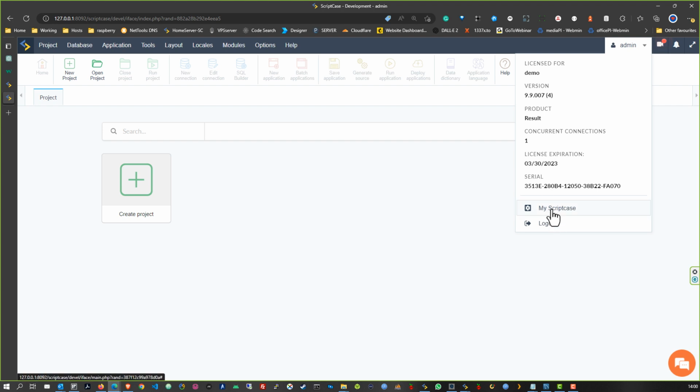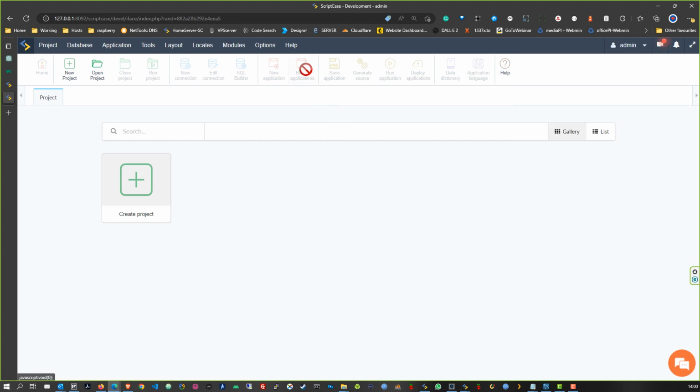From here, I can also access my Scriptcase panel, which is where I would then have the license key available, and I can then use it or re-request it or regenerate it if need be. Okay, so before I go ahead and add the new license key, let's just quickly have a look here at